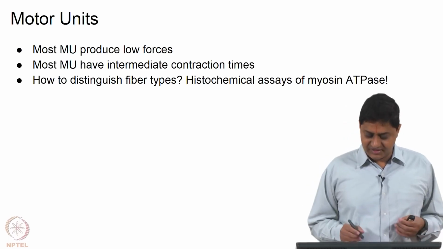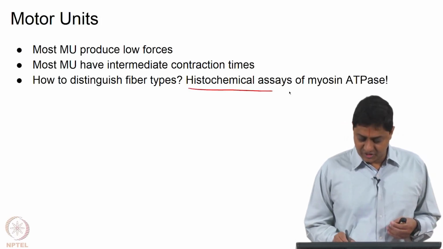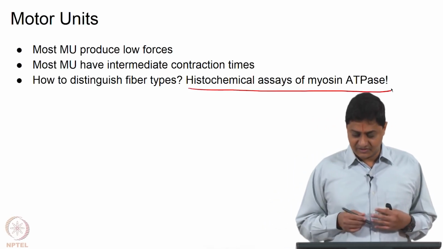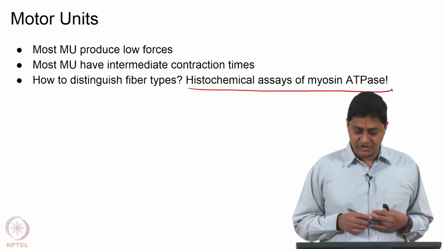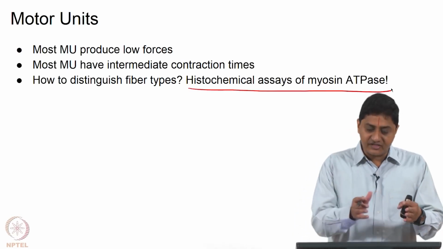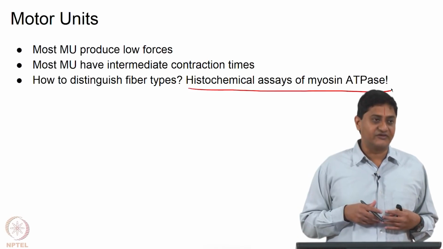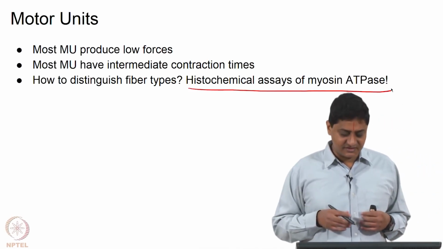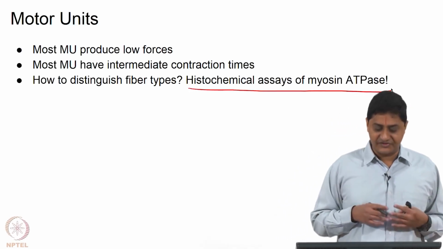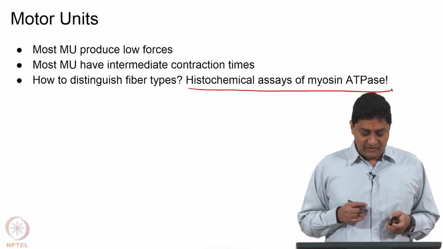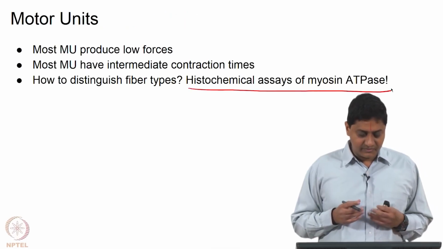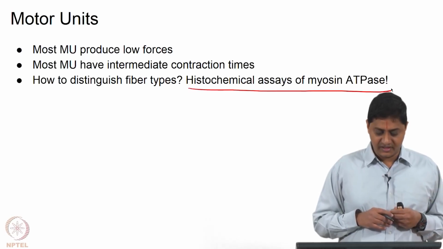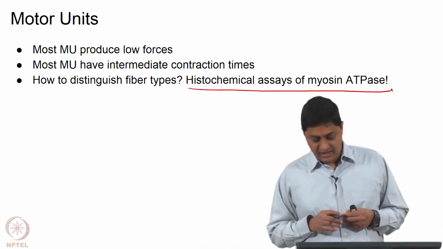There are a few methods. One popular method is histochemical assays of myosin adenosine triphosphatase, or myosin ATPase. Histochemical assays will show different responses for the different types of fibers. So, that is one. The other types, not discussed in this class, are genetic methods. Okay. So, what has been found is that most motor units produce relatively low forces and most motor units have